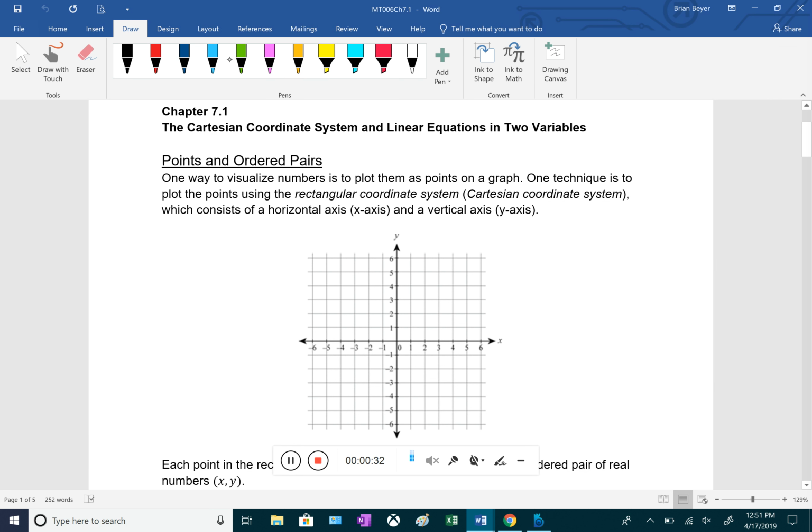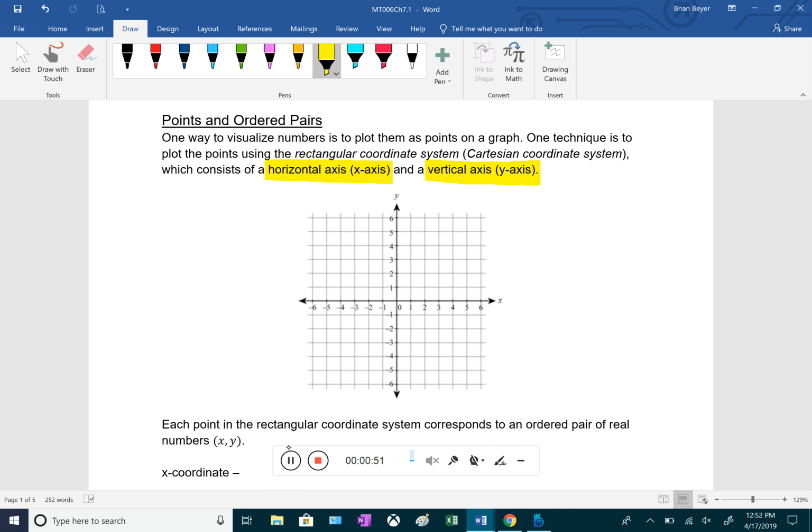We have an x-axis, which is the horizontal axis, and a vertical axis, which is called the y-axis. All this is, is two number lines that are intersecting each other perpendicularly. So here it is right below it. This horizontal axis is the x, the vertical is the y, and they meet right here in the middle where they're both